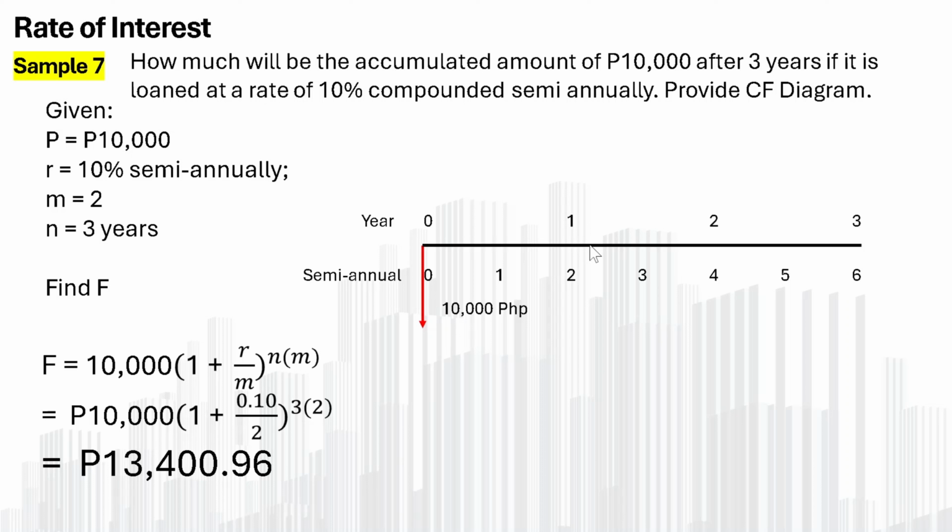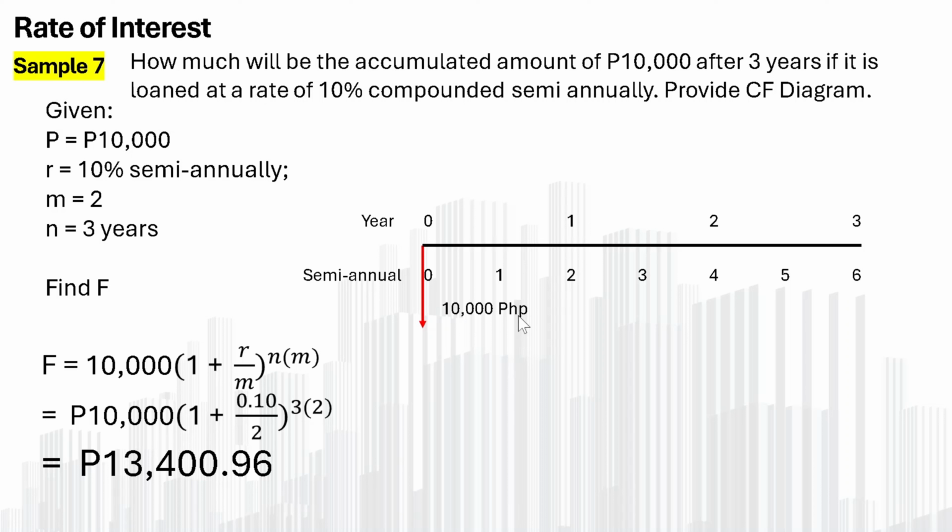Just to complete yung cash flow diagram natin, you can actually do it manually dito. Okay, so for 3 years it's being compounded semi-annually. So it's being compounded twice, meaning sa half year niya, whichever this is, he or she is receiving something dito. And this one may receive rin siya dito. This one may receive rin siya dito. This one may receive siya dito. 1, 2, yeah, tama. So by the time yung accumulated value nito is magiging 13,400.96. Okay?